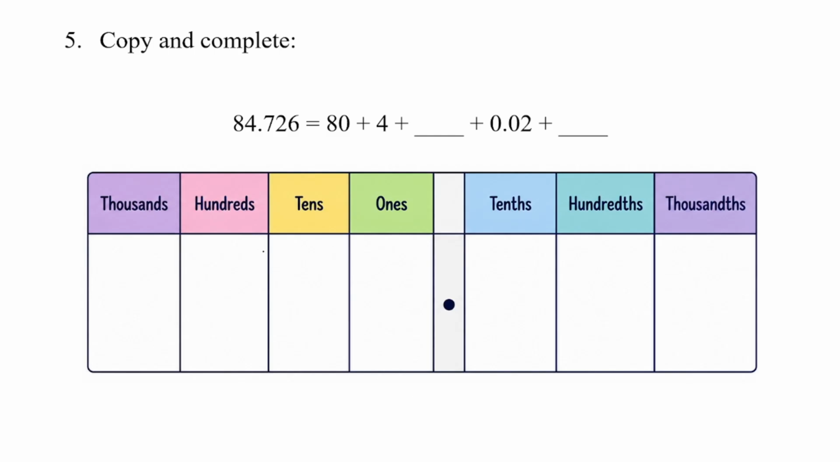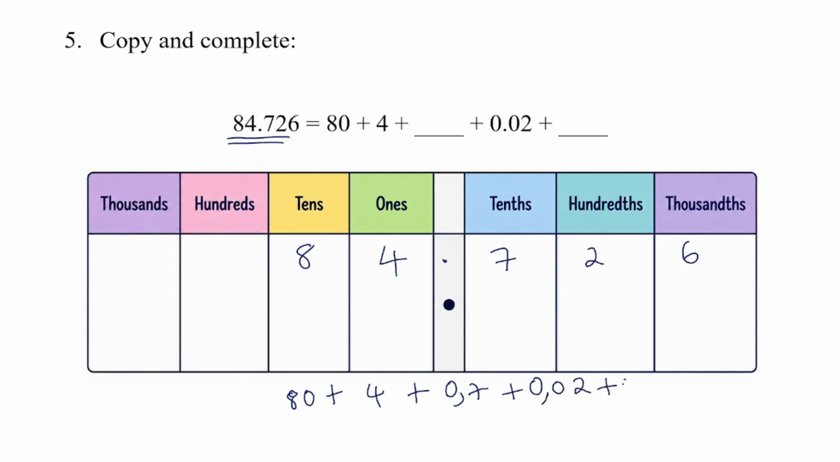Let's do question 5. All right, complete the table. Let's place these values in our place value grid. So we have 8 tens, we have 4 ones, our decimal is here, and then tenths we have 7, hundredths we have 2, then thousandths we have 6. Right, so if we write this in expanded form, it's going to be 80 plus 4 plus 0.7 plus